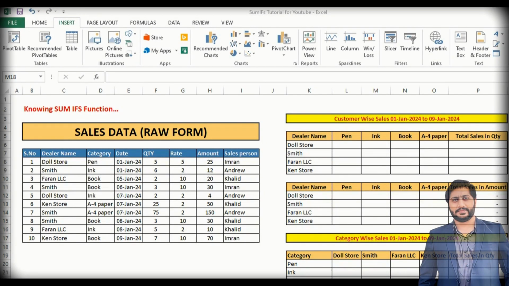If you have a large spreadsheet data and you need to make a summary of it, if you are a student or intern and want to learn about Microsoft Excel, then surely you are at the right place. I will give you the best tips and techniques that will support you in your routine assignments. Today I am going to show you how the SumIFS function works and how large data can be simplified by using this